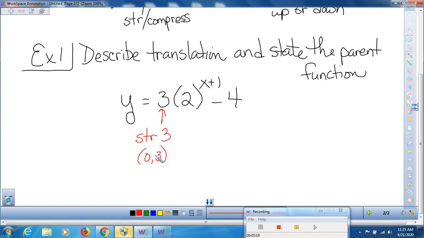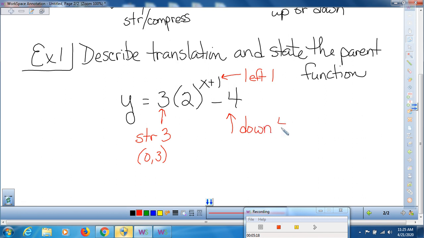However, this is going to be impacted if the function moves right or left or up or down. Here we have our base of 2, which means this is growth, but we have in our exponent x plus 1. If we set that equal to 0, this whole function is going to move to the left 1. And at the end, here's our k. This is going to tell us we're going to go down